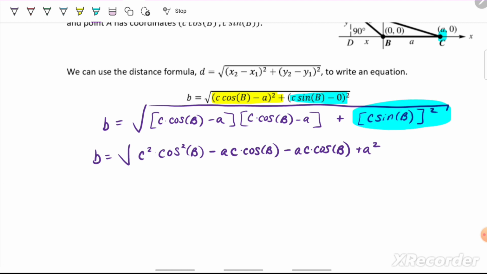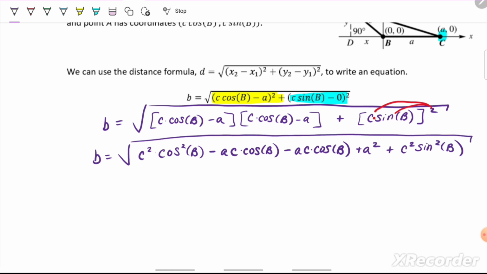With this next one that needs squared, there's not a plus or a minus sign. All we have is the operation of multiplication between the c and the sine, so we can square each one of these individually. This will be plus c squared sine squared B. We've got some like terms here in the middle that can be combined. I'm also going to do some rearranging, and I'm going to put my last term next to my first term. I'll make it my second term when I rewrite it. So we'll have b equals the square root of c squared cosine squared B. Now here's where I'm going to move that term up. Plus c squared sine squared B